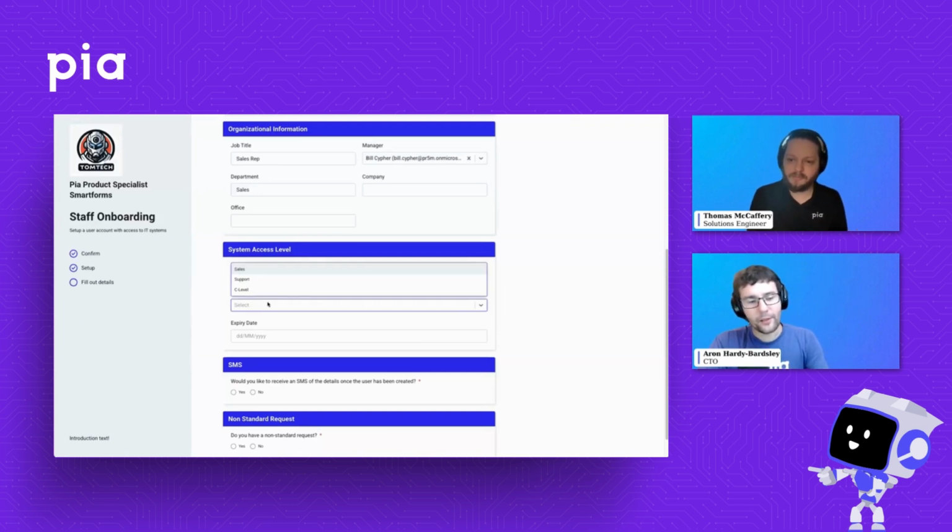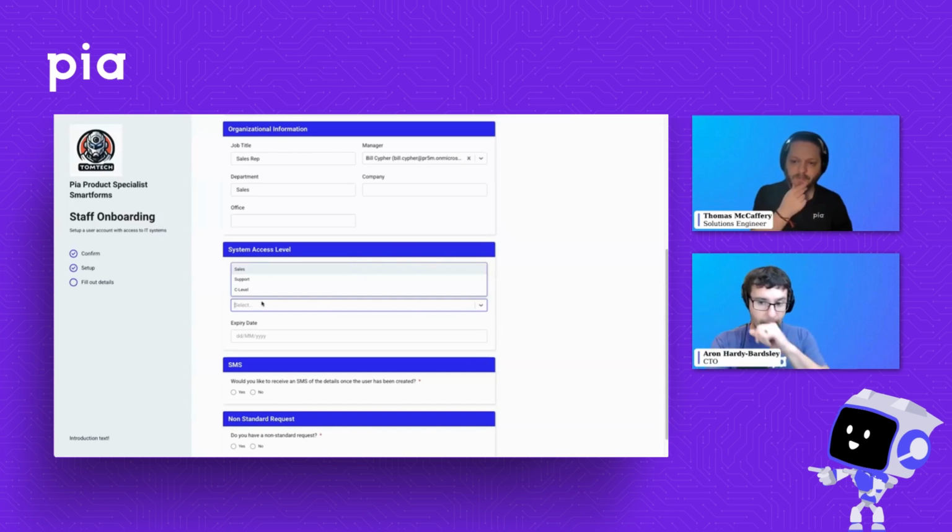Yeah, so you can think of access levels as user templates. And with Pia, if you're already using Pia, you may have already configured this for your user onboarding automation in the chatbot. But you can create these templates where you can say, if you click on sales and you say, I want to create a user under sales, that will automatically put them into certain groups and a certain OU that you have pre-configured in the background.